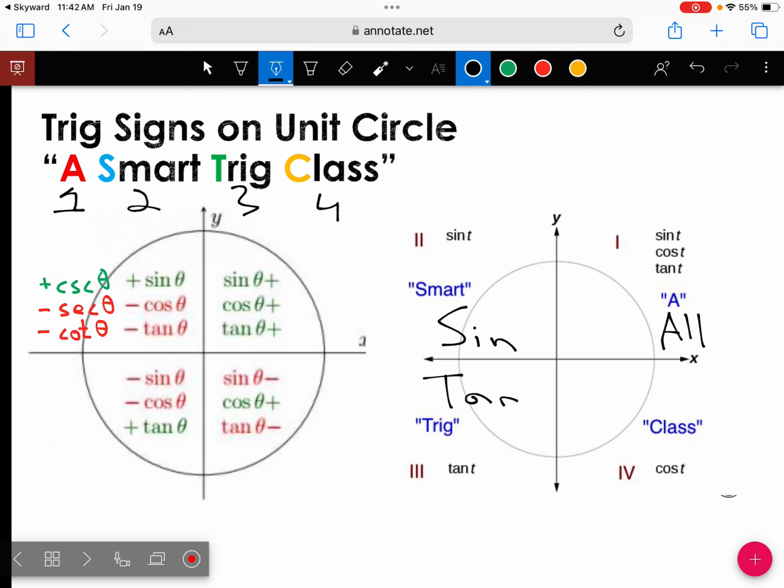And then we said the fourth quadrant is cosine, right? So that's going to tell us that in the third quadrant, out of sine, cosine, and tangent, kind of like the main players, what's the only one that's going to be positive? Tangent, right? And then cotangent has to also be positive by extension. Great. So then if we start filling in,